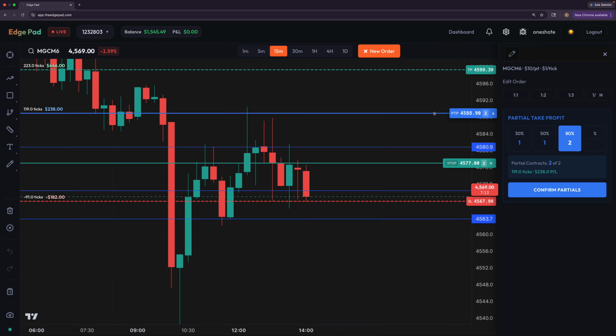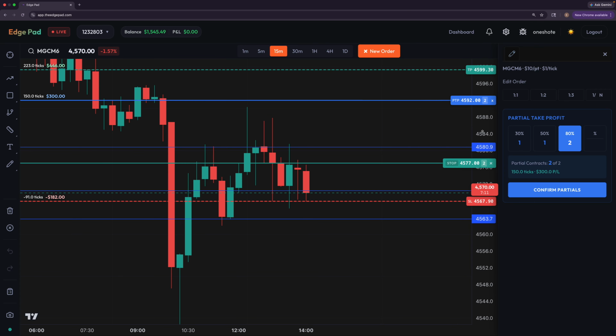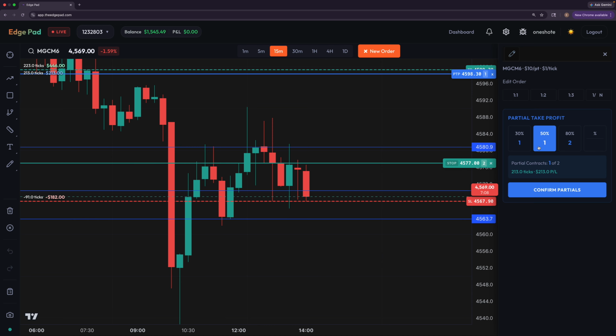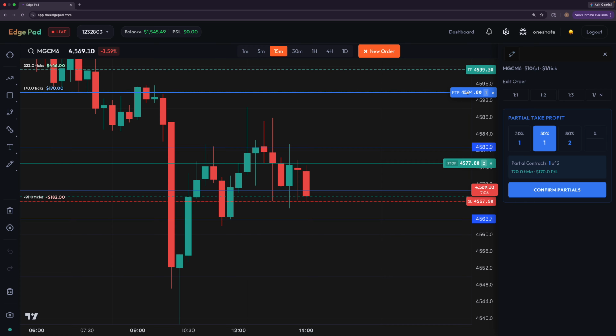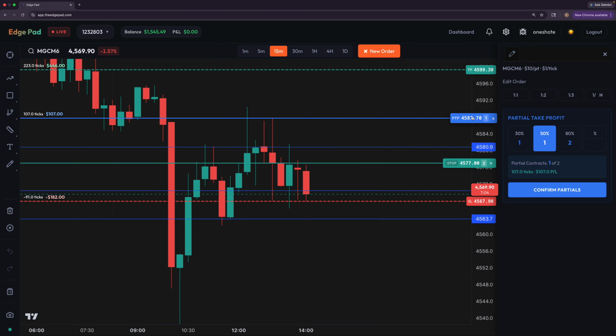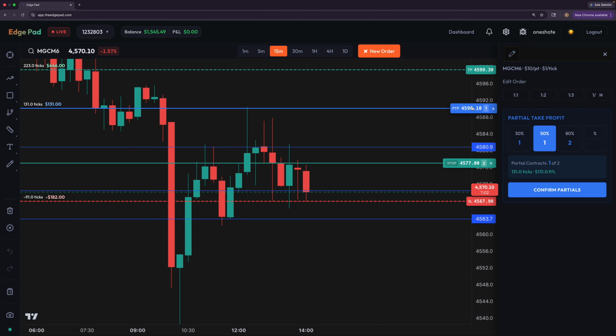But let's say I wanted to take out one contract at 50%. Okay, look at this. I can move this around, right? But let's say I wanted to take one contract out here, right? So if price reversed, entered my trade, came out up here, and let's say I had to walk away to the bathroom. This is why having the right tool. I have a stop loss in place, I have a take profit in place, and I have a partial, okay? So what's really cool is if it comes up here and hits the partial, then it takes out the other